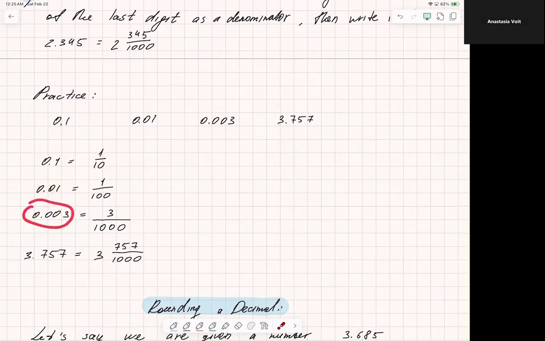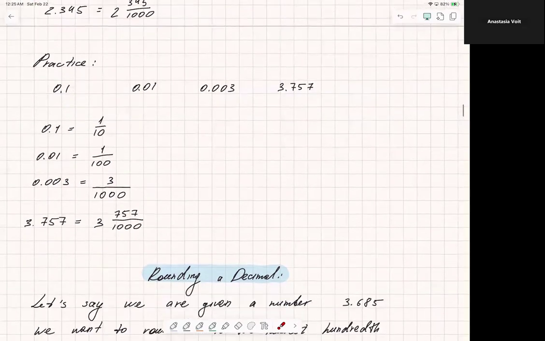Now 0.003, we see that the 3 is located at the 10th, 100th, 1000th position. So the denominator is 1,000, and 3 would be in the numerator. So we have 3 over 1,000. Okay. And then we have another example, which is